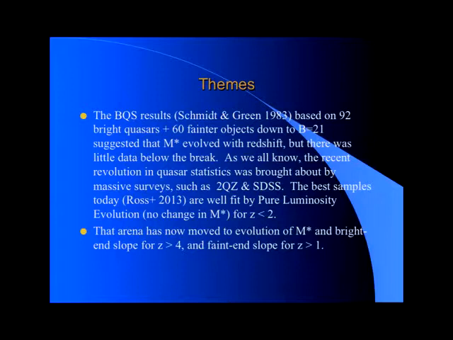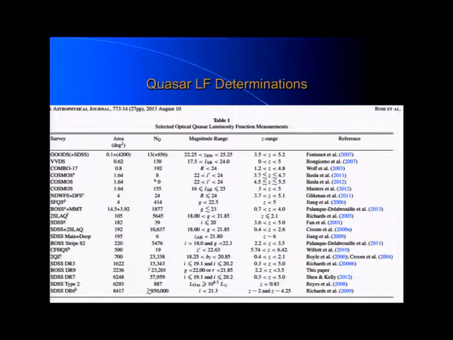But things have moved on, and there are massive surveys that have been undertaken since that really redefine the shape of the field, like 2QZ, like SDSS. And so I'm going to quote a lot as a snapshot from Nicholas Ross's paper that came out this year, and pure luminosity evolution may actually be working, but you can decide. And the field of play has moved to high redshift and faint objects, as you'll see. So here's a forbidden eye chart. We're not supposed to make view graphs like this. The point of this is that every line is a major determination of some portion of the quasar luminosity function over the last dozen